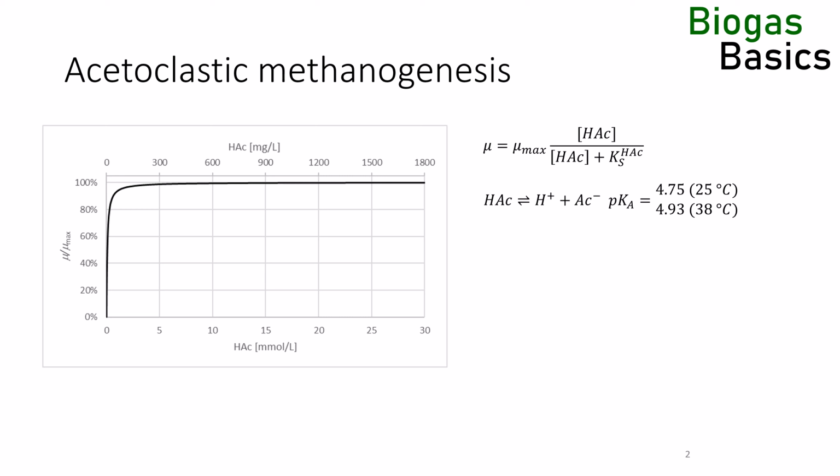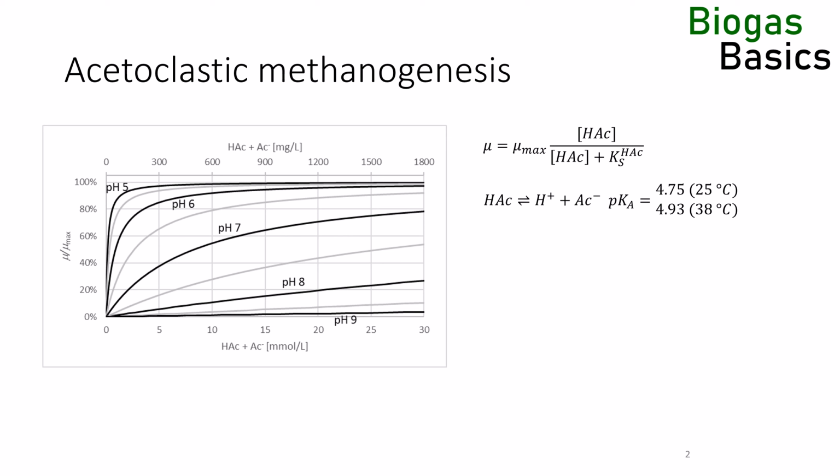In a biogas digester with 38 degrees Celsius and pH 7, roughly 99% of the total acetic acid is in the biologically inert acetate form, and only 1% is biologically active. When we measure total acetic acid, for example with a GC, we measure the sum of acetic acid and acetate. We now switch the abscissa value from the protonated acetic acid to the total acetic acid. The dependence of the growth rate on the total acetic acid concentration is pH dependent, as the pH influences the dissociation equilibrium. According to the Monod kinetic, the lower the pH, the faster the acetoclastic methanogens will grow.